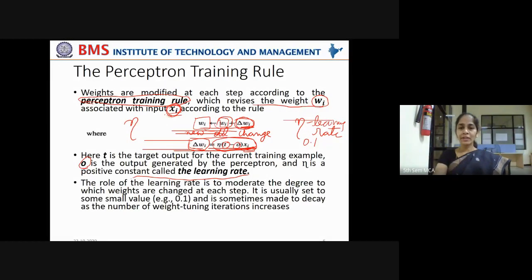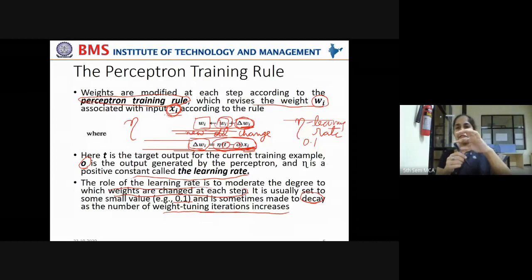The role of the learning rate is to moderate the degree to which weights are changed at each step. It is usually set to some small value, 0.1 or sometimes 0.01, like that, and is sometimes made to decay as the number of weight tuning iterations increases.